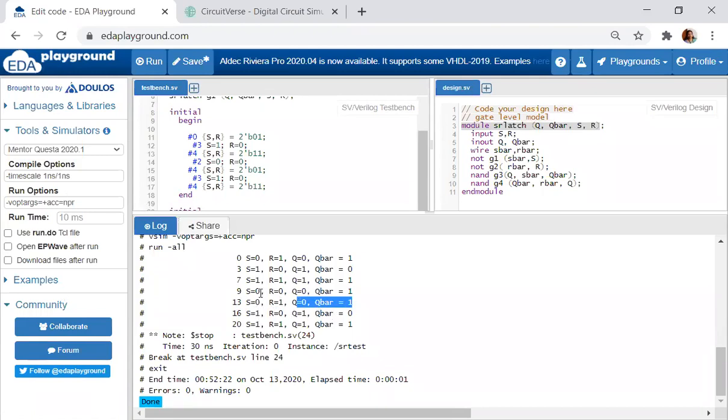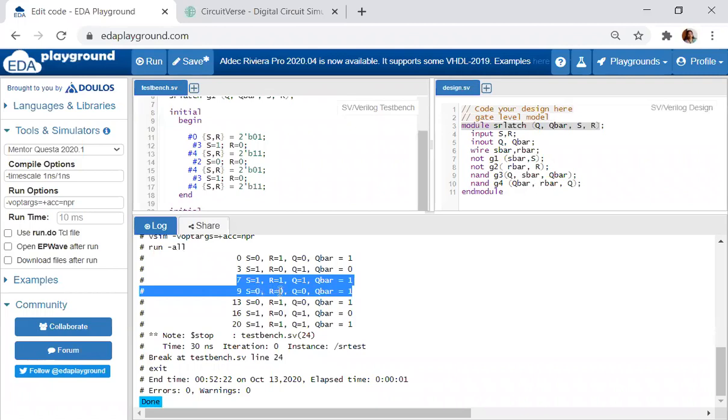Now see, here you can see these two states, S is 0, R is 0, it should follow the previous state. But what we are doing, we have designed it using gates.